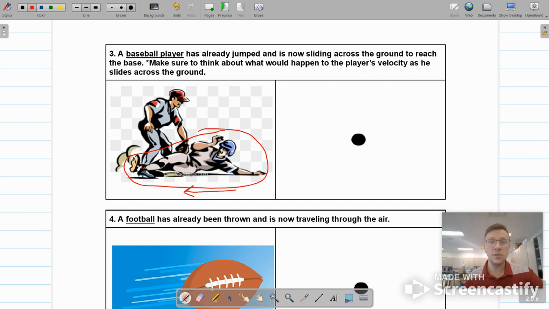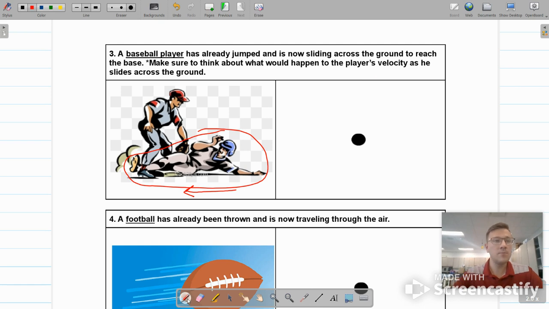Now, this is after he's jumped. So he did have to apply a force initially to push off the ground. However, this is once he hits the ground and is just sliding on his own. Okay, and we put here, make sure to think about what would happen to the player's velocity as he slides